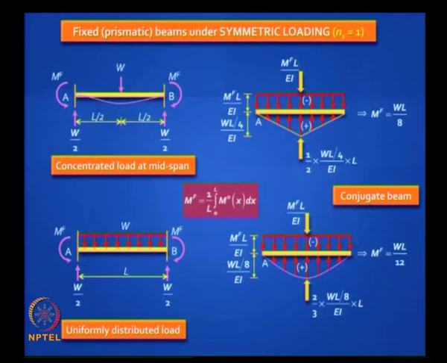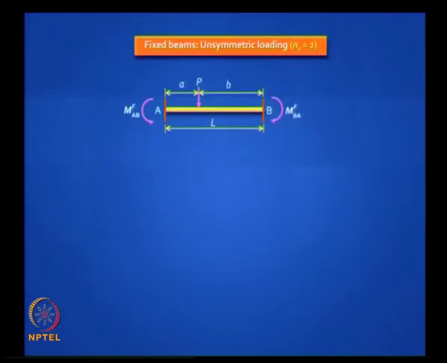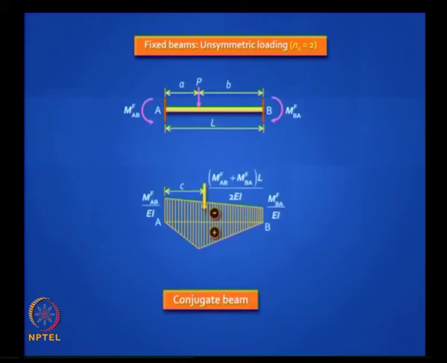When it is not symmetric, then you need two equations. This is another example, a little more work, but you will still get the results. Here you see that if you have a load P acting not in the middle, then you will have two moments which will be not equal to each other. The larger moment will be always nearer to the load.